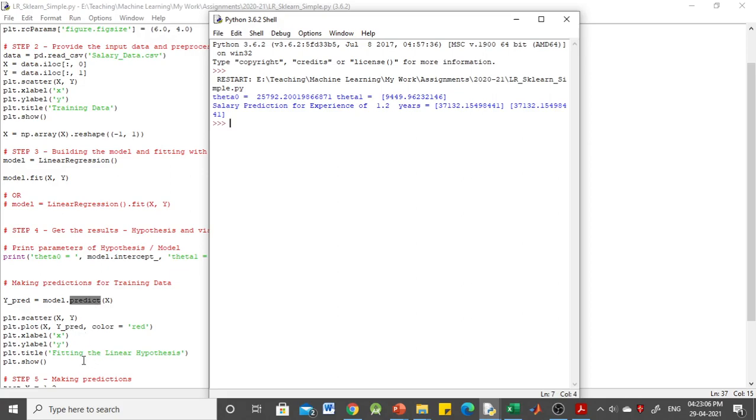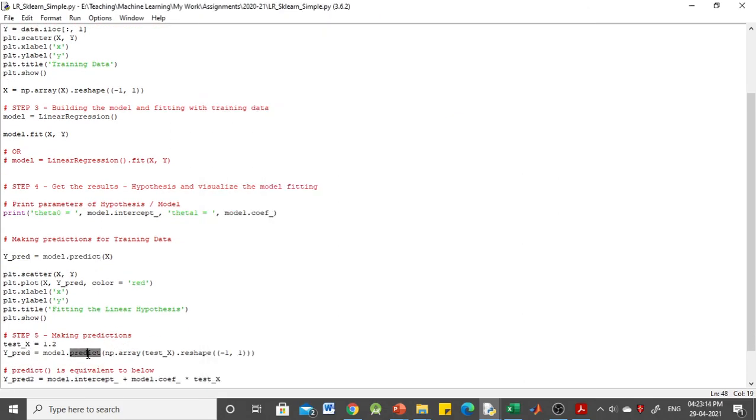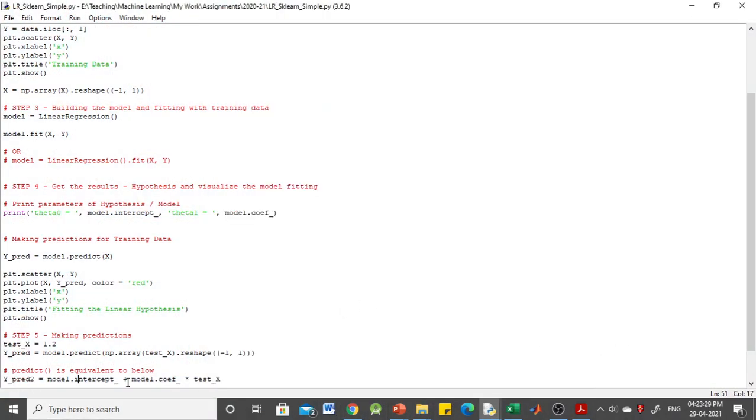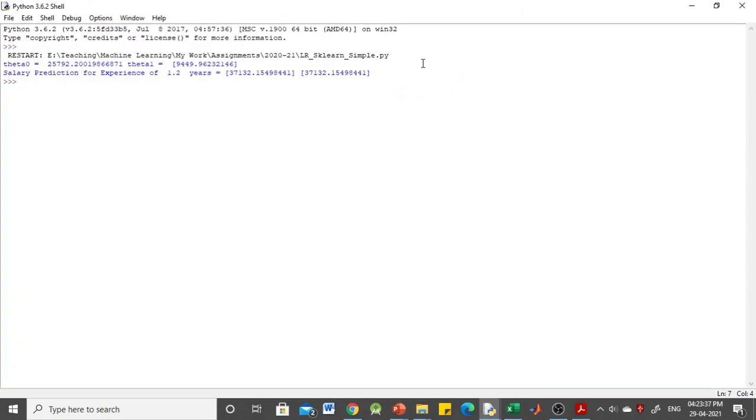Also, we used the expression to compute the salary, and this second method of computation also gives us the same result. So this is what we are getting, the prediction of salary for experience of 1.2 years.